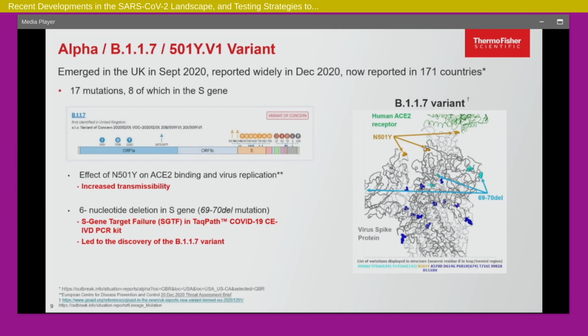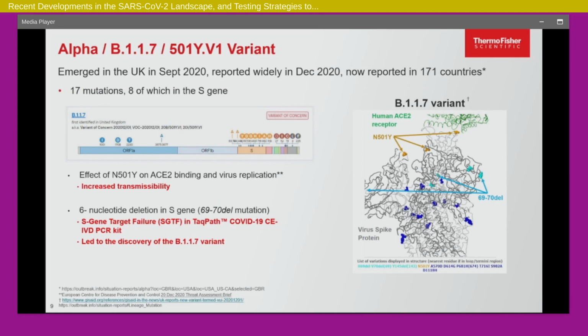When they did the sequencing, they also identified different mutations that you can see here. One of the ones with the highest impact or relevance was the N501Y mutation. You can see the N501 here. This is the receptor binding domain of the virus, and you can see the N501Y here. It is very close to the human ACE2 receptor, which is what helps bind the spike protein to the receptor and allows viral entry into the cells. And I just talked about the deletion. This is the deletion, 69-70. It's a 6 nucleotide deletion.